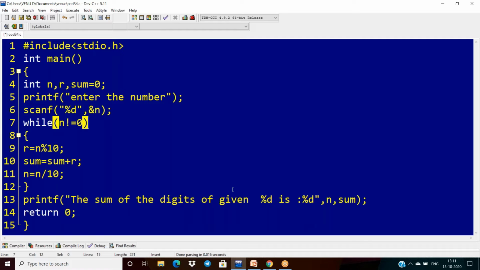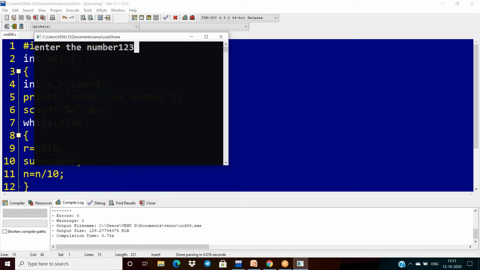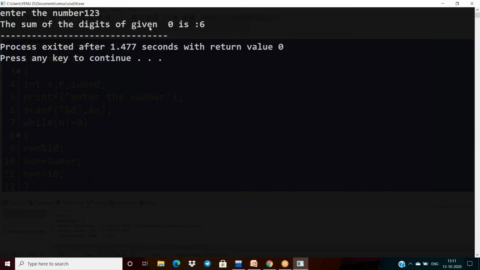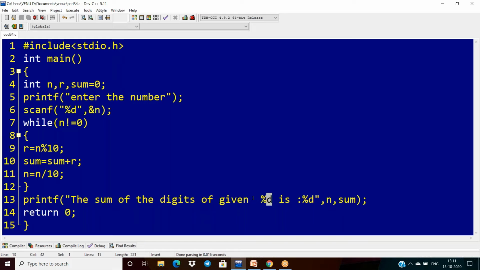But here the problem is, what is the problem here? I have to display this n value. If I am giving input 123, then I am getting the output: the sum of the digits of given 0 is 0. Why? n is modified to 0 here, so in the place of n you will get 0.